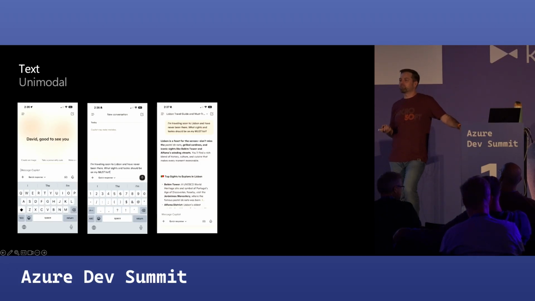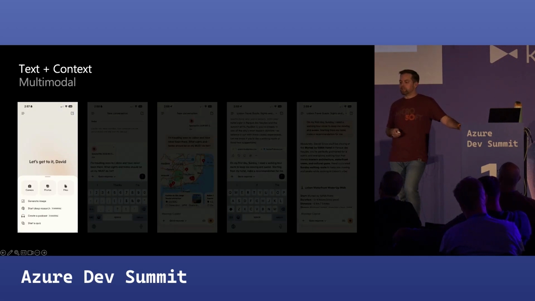So we're all familiar with this, right? It's what we do. It's a chat text box. It's all chat. It's all text. We've had these conversations before, and that's a good start. Now, if we want to actually get multimodal, we need to add some other context, some other input that is not just the text that I'm typing, right?